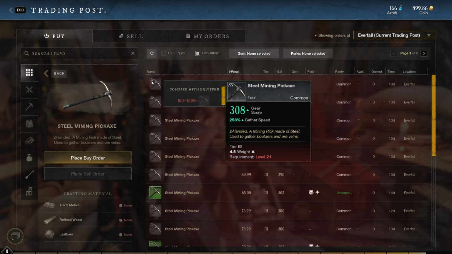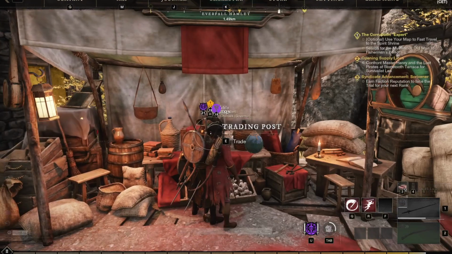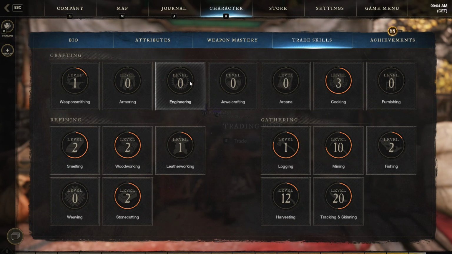So not only is it just better for your gear score in general, but you're going to be able to mine with this pickaxe a lot faster. So in terms of the crafting, what you need to do is build up your engineering. So instead of just going to a trading post, spending all of your gold or your coin on buying the different tools and stuff that you can get, if you head back into your character menu by pressing K and you go to your trade skills, look at your engineering up here in crafting,